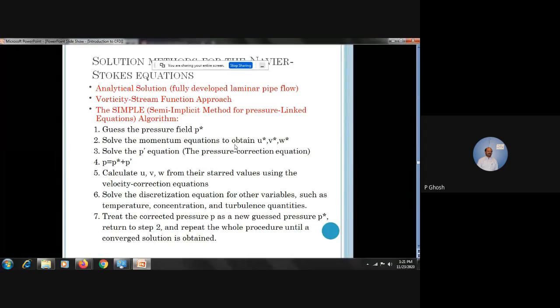Now, as I told you, there is no pressure equation, so you have to link up with the pressure. You have to additionally add some pressure equation. When you see the CFD software, they will give you some schemes. You want to go for SIMPLE or SIMPLER or SIMPLEC. This is one of the schemes, called the Semi-Implicit Method for Pressure-Linked Equations, and this is the algorithm